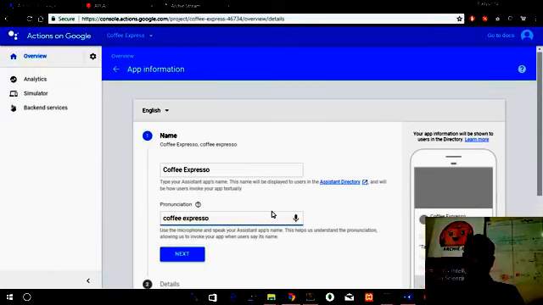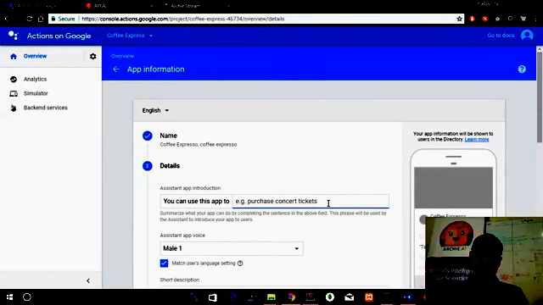Keep in mind that this name is something like a domain name for your website. So it's unique for an app, and please make sure that it is pronounceable for the users, and it should not be a generic word like data scientist or coffee shop. It should be something which shows your business, the idea of your app or something like that. And then we have to give a brief description of our app. So you can use this app to buy coffee.